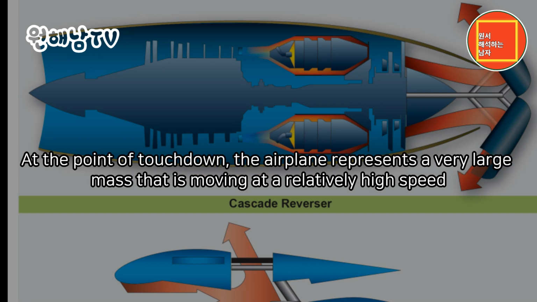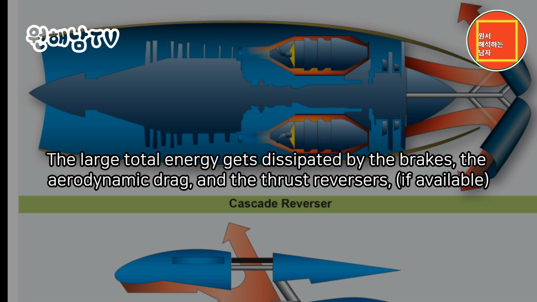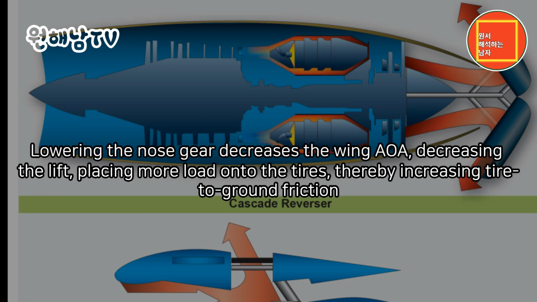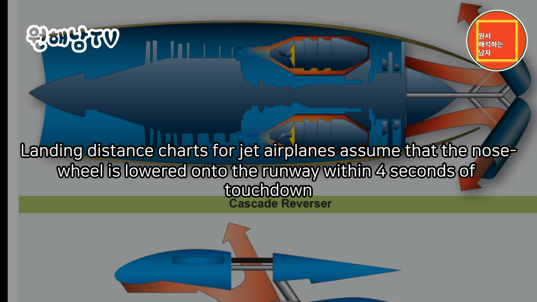At the point of touchdown, the airplane represents a very large mass that is moving at a relatively high speed. The large total energy gets dissipated by the brakes, the aerodynamic drag, and the thrust reversers, if available. The nose wheel should be lowered onto the ground immediately after touchdown, because a jet airplane decelerates poorly when held in a nose-high attitude, and placing the nose wheel tires on the ground assists in maintaining directional control. Lowering the nose gear decreases the wing AOA, decreasing the lift, placing more load onto the tires, thereby increasing tire-to-ground friction. Landing distance charts for jet airplanes assume that the nose wheel is lowered onto the runway within 4 seconds